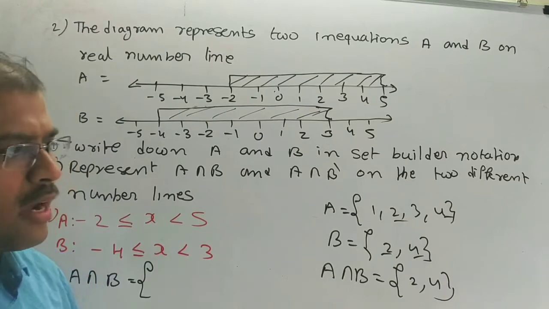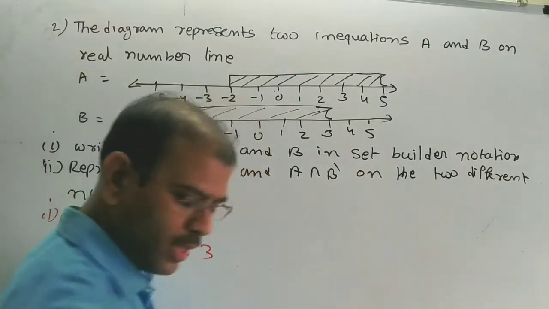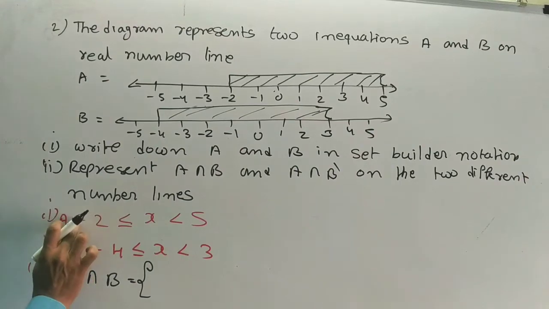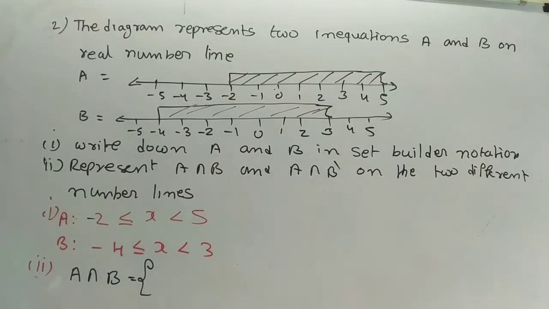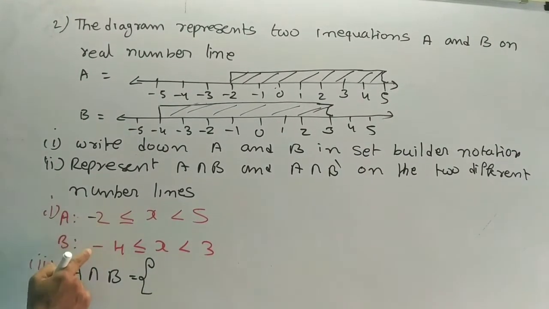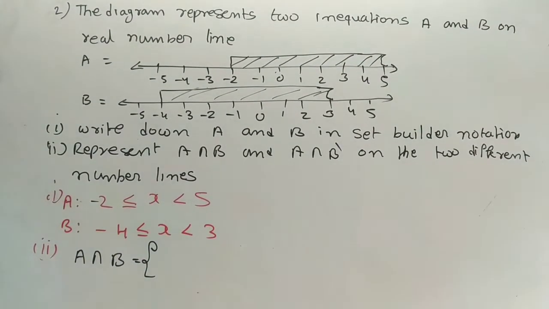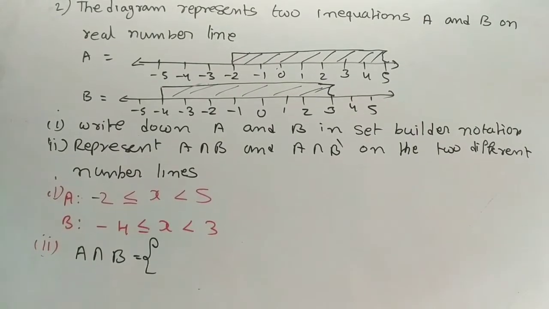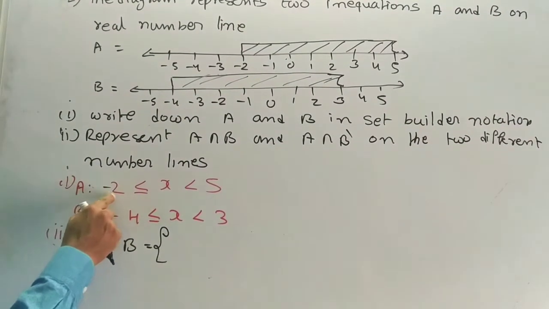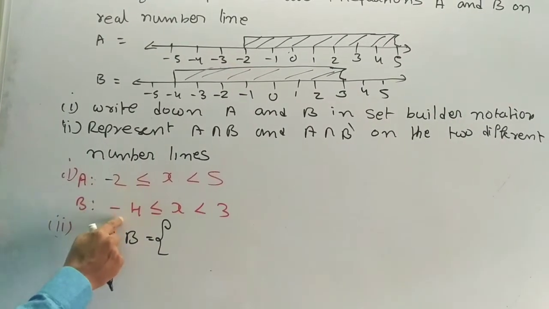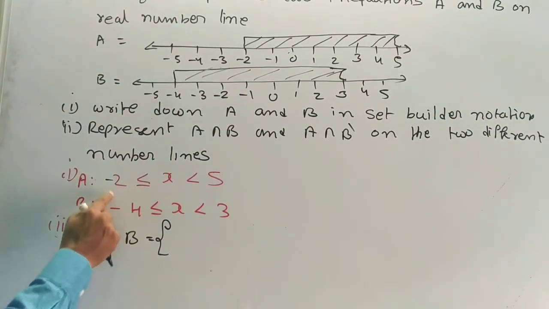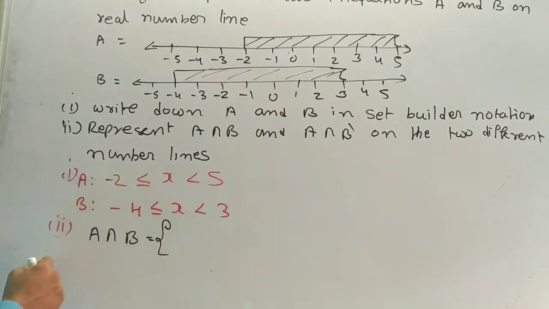Now the similar type of concept we are going to apply here also. So what is the common part in this? Here it is starting with minus 2. Here it is starting with minus 4. So after minus 4, towards the positive side, what are you going to get? Minus 3, minus 2. So whenever the negative numbers are there, listen carefully, always you have to take the biggest value. So minus 4 and minus 2, what is the bigger one? We have to take minus 2 as the bigger value.